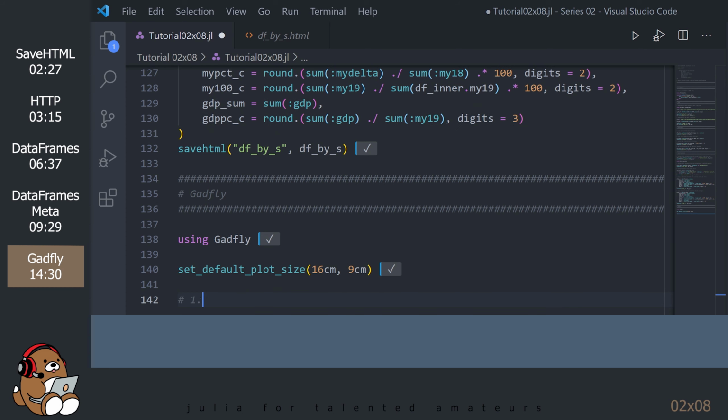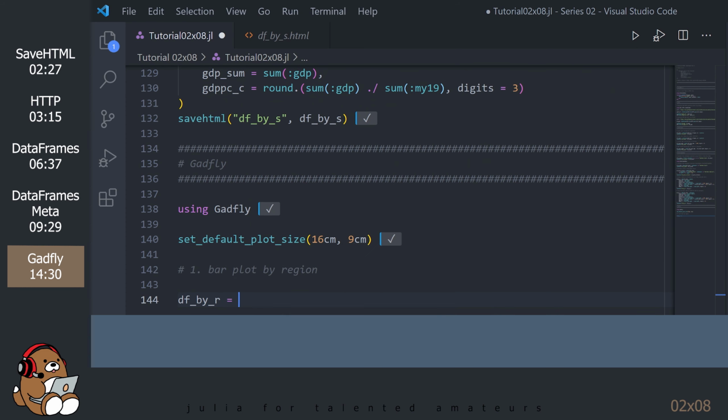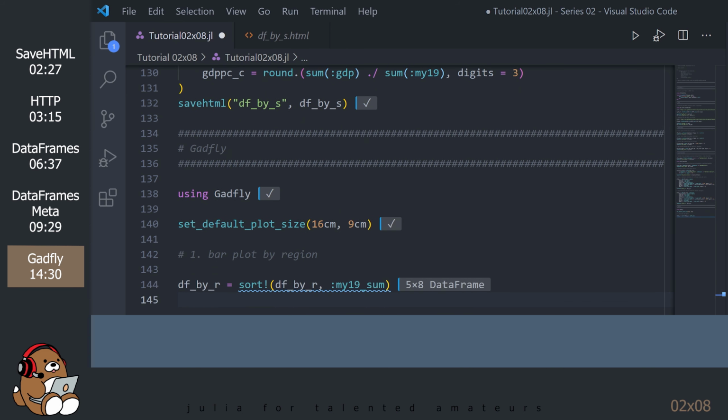Our first example is a bar plot. Let's plot the population data by region, but before we do, let's sort our data.